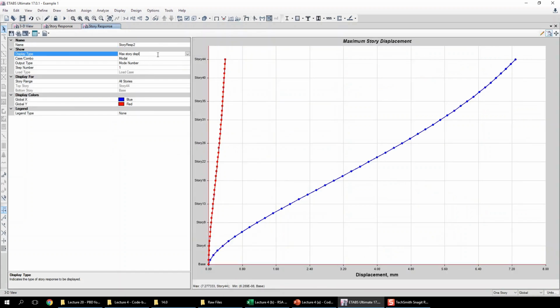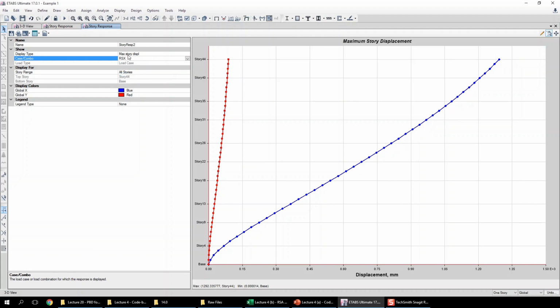So here I will select the load case as response spectrum RSX, and I check the maximum story displacement, and this is the result which I am getting. The blue line is the line for X direction. You can see here that the maximum displacement is at the roof and it is around 1292